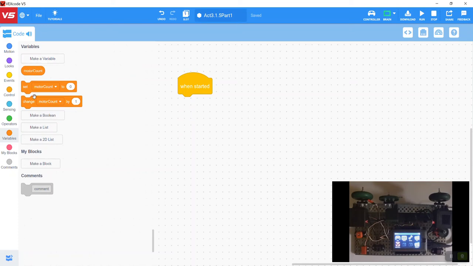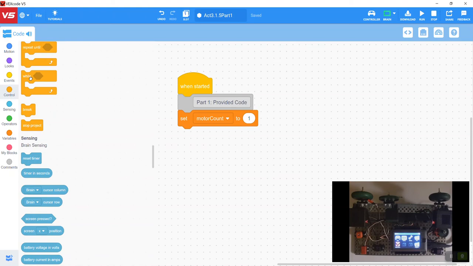So you'll see our new variable blocks that show up. I'm going to grab a comment block up here, and we're going to start building out. This is the part 1 provided code. We're going to start off by setting the initial value of our variable. They want us to change that to 1. Anytime we use a variable, we need to have an initial value that we want that variable to be set at. So once we do that, I'm going to go up to the control section,